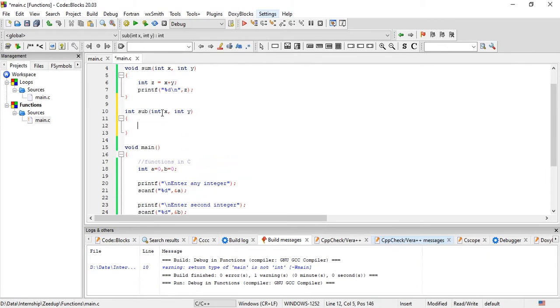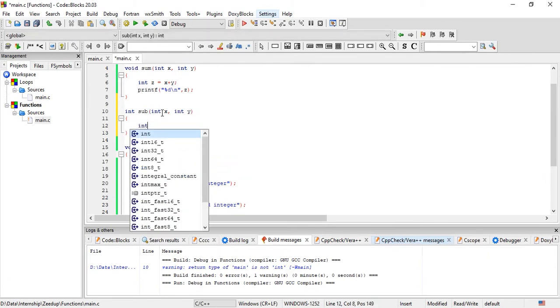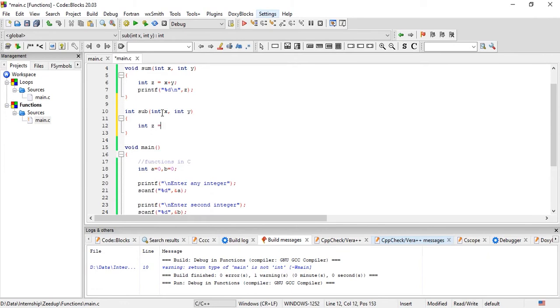Okay, then in the body, we are going to create another variable called z, and in z we are going to use the conditional statement that whatever argument is bigger, the smaller argument must be subtracted from the bigger argument. Okay, so how can we use it for the conditional operation? If x is greater than y, then we want x minus y, or else we want y minus x.